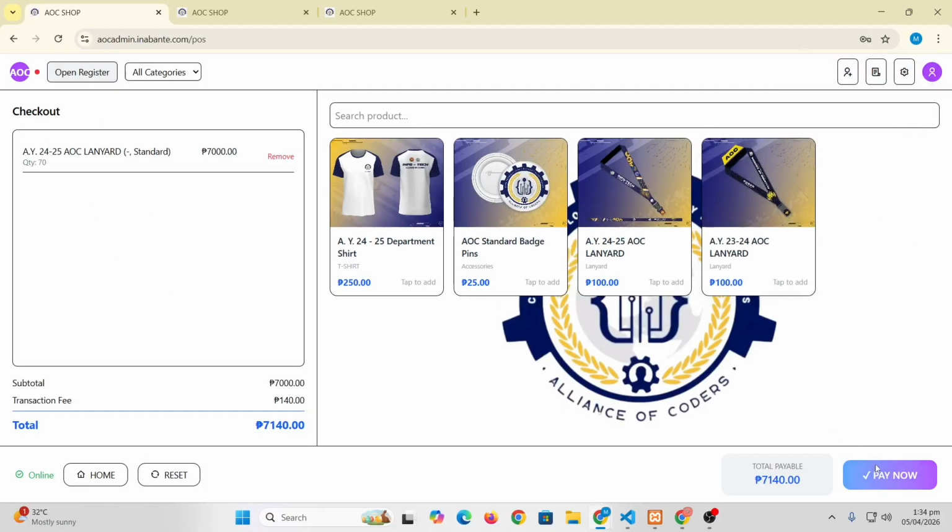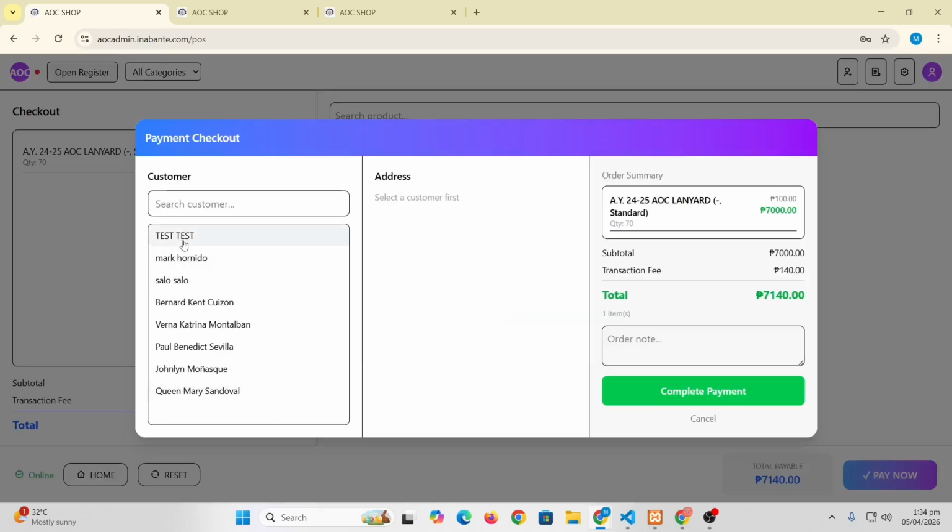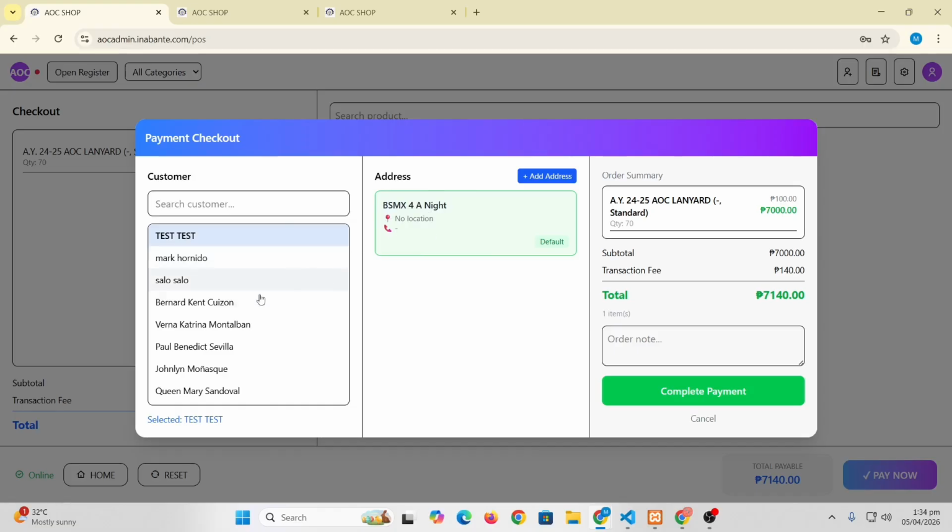Let's continue and pay the 7,140. Again, we have our account right here. Test, test. We have the location, BSMX for A-Night.